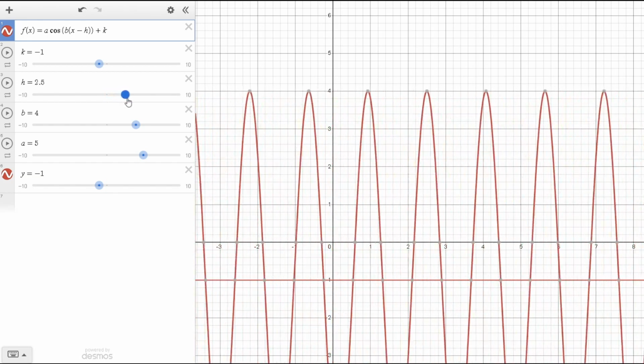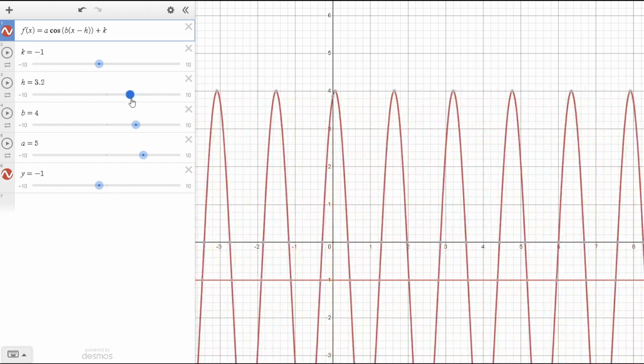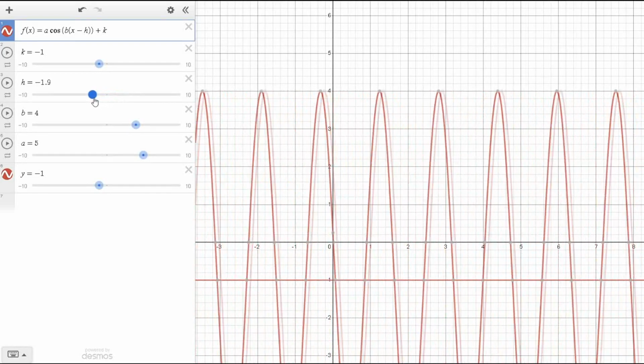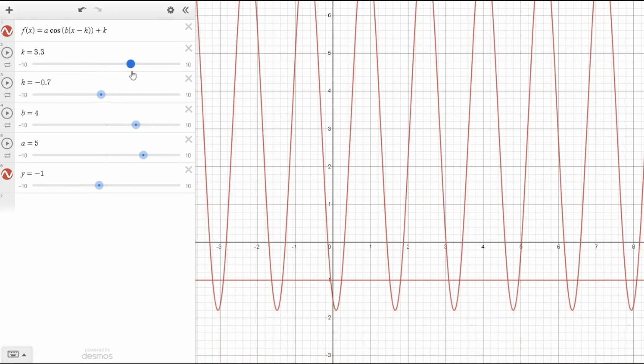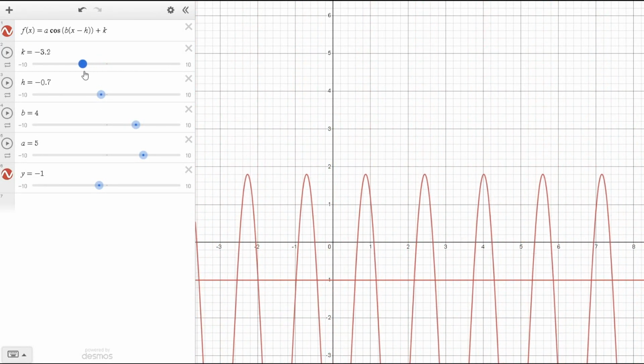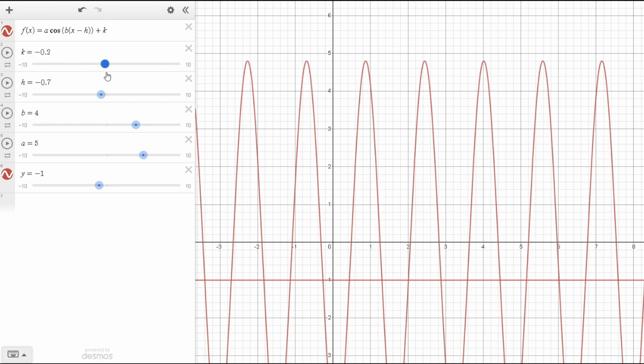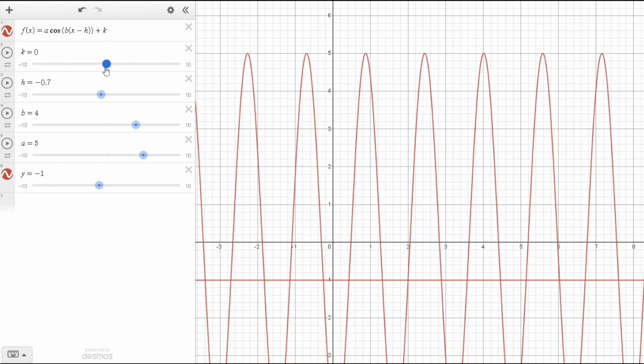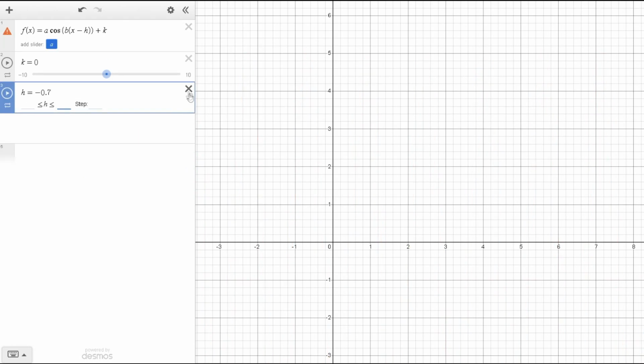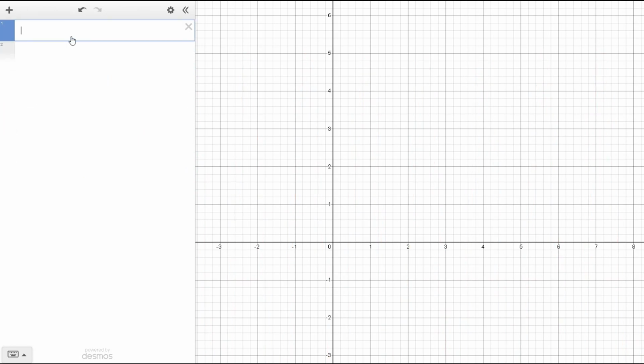H is responsible for my horizontal shift. And K is responsible for my vertical shift. Now the same principles apply to the cosine and sine function. Okay? The same principles. But what you should be very careful of, or not really careful of, but you should